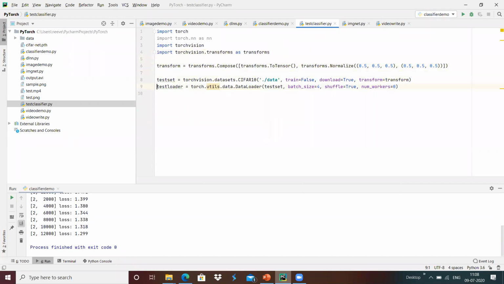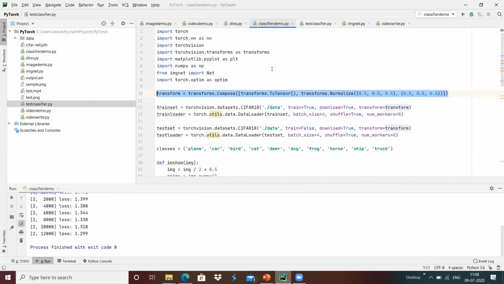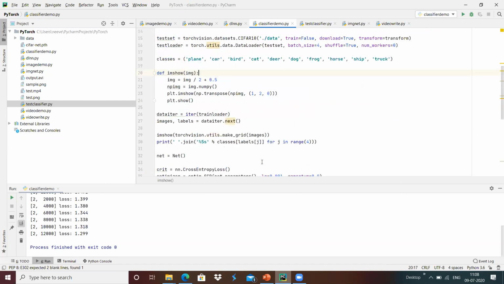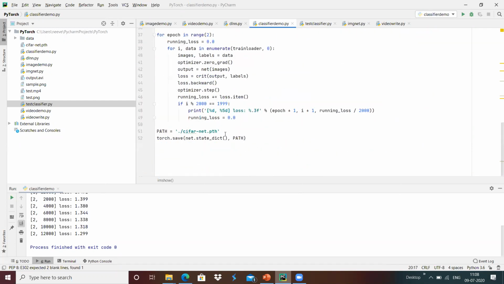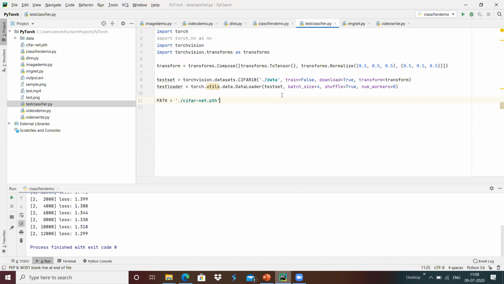Now the test data sets are loaded; the test images got loaded over here, and we can use them. Inside that, I'm going to define our model with the path, C4 net.pth, the model that we created using the network training.